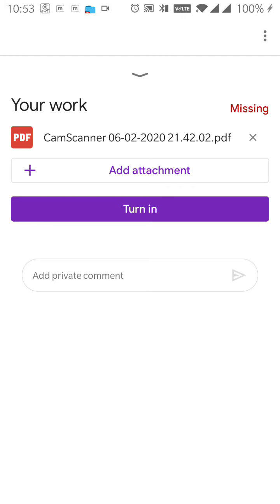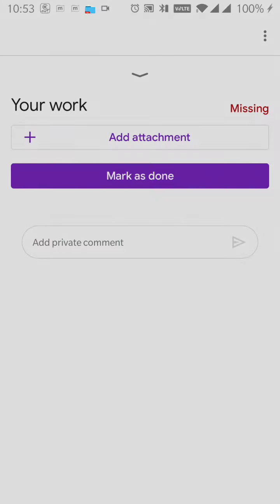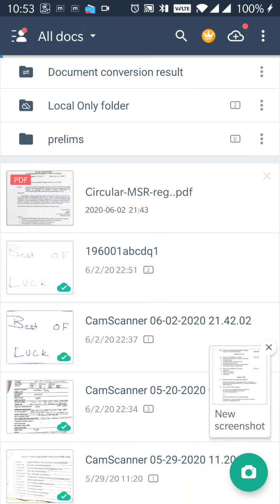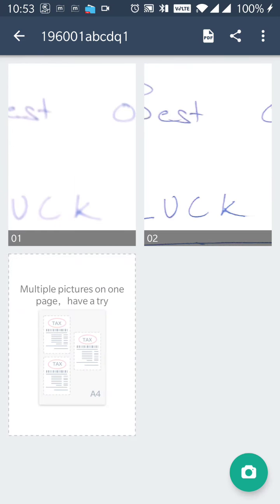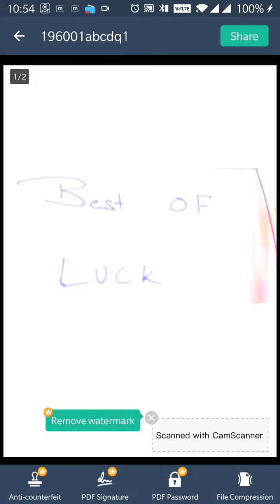Okay, so I'm just removing this file so I can show it again to you to avoid the confusion. Here you can see now the file is uploaded into the cloud. Now I am clicking this file open. Now I will click on share and don't forget to click on this share as PDF, otherwise the file will not be uploaded.